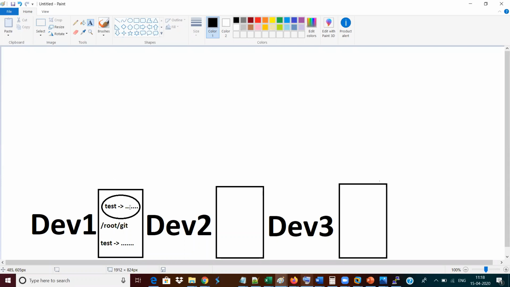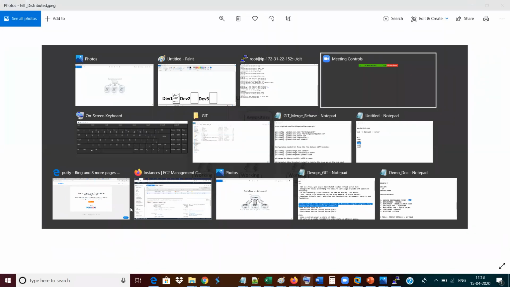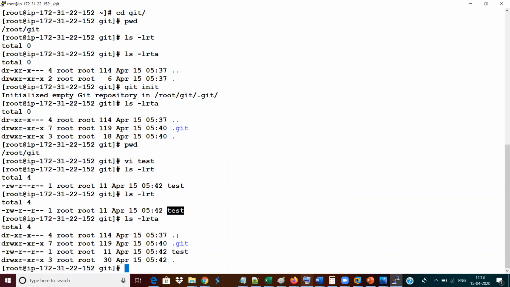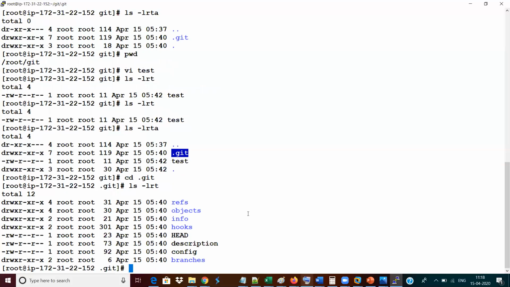The Git area is nothing but the .git folder I told you about, right? That is what this Git area is. Check out here. Now in my system, I have a local environment. In that local environment, I can see the test file. In the same local environment, I have a .git folder also. If you get into this .git folder, you can see multiple operational components related to Git, like branches, logs, hooks, descriptions, configurations.